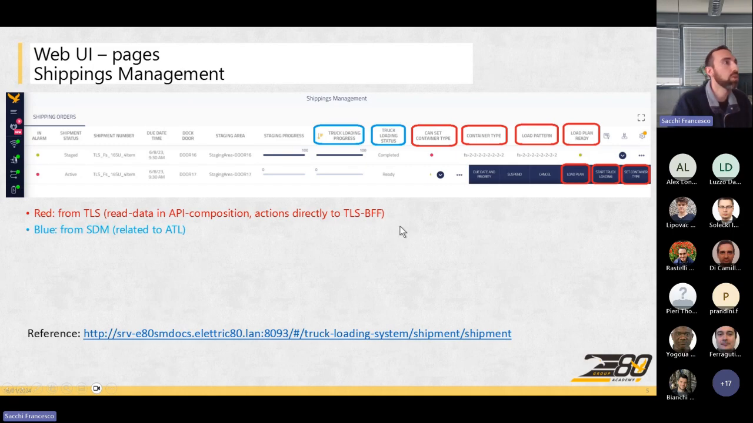So now an introduction to the web pages. Again, this is the page we have seen. This slide explains which columns and functionalities are from truck loading system, and which are from SDM, but related to automatic truck loading. So for example, we see that the truck loading progress, so the real execution of transport orders, is managed by SDM,